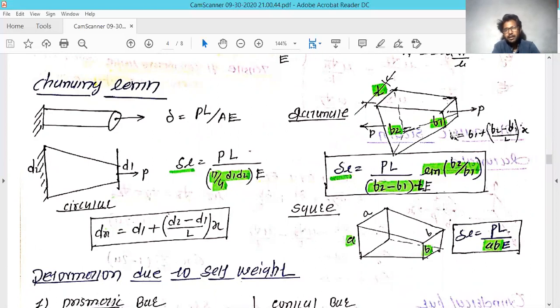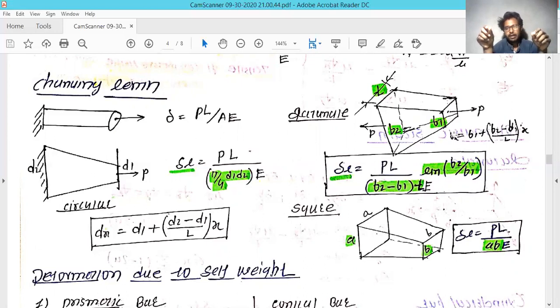So as we see, for the changing length in that portion, the first object is the cylindrical bar. What will happen if you apply the pressure on the cylindrical bar at the front face? It will increase the length, and you have to find out the amount of change in length of that object while applying the P forces.